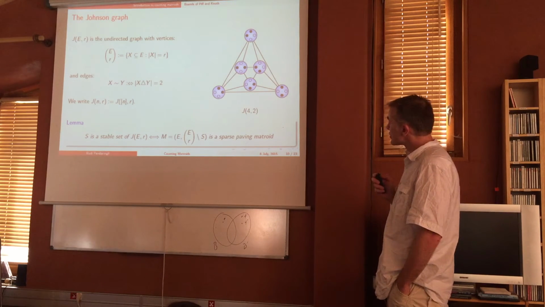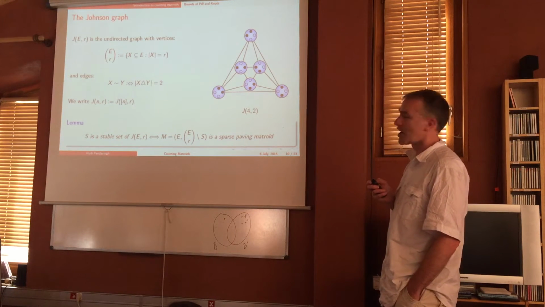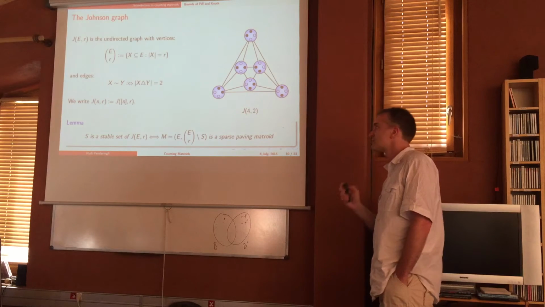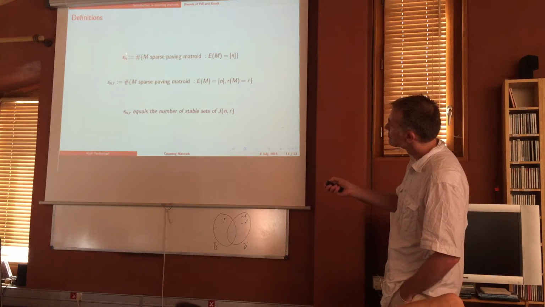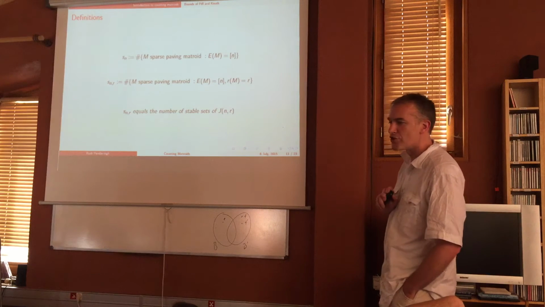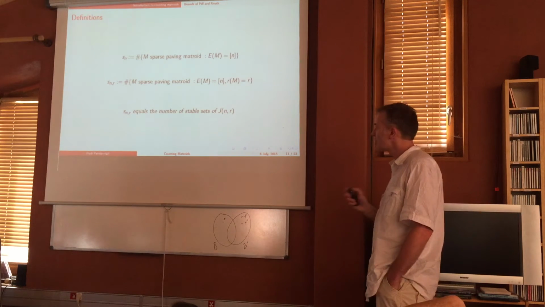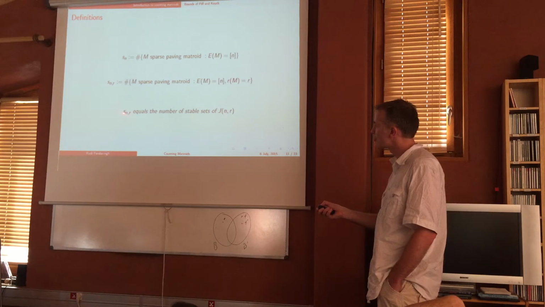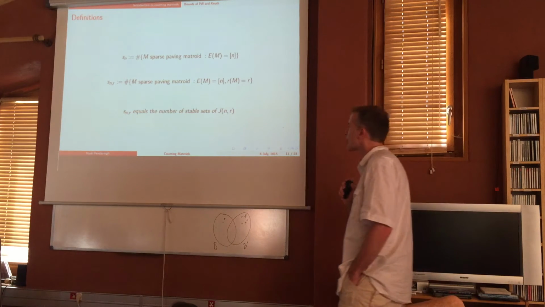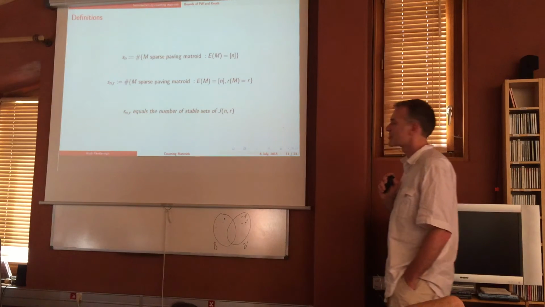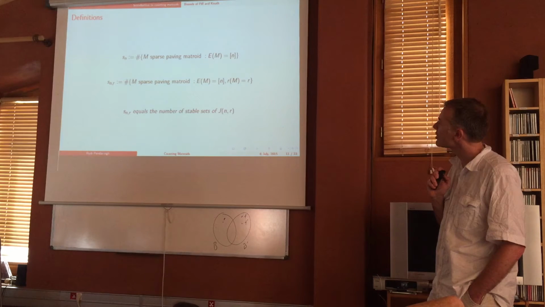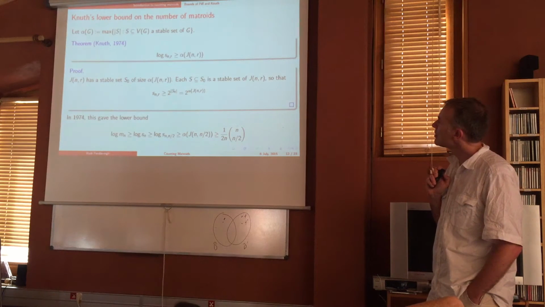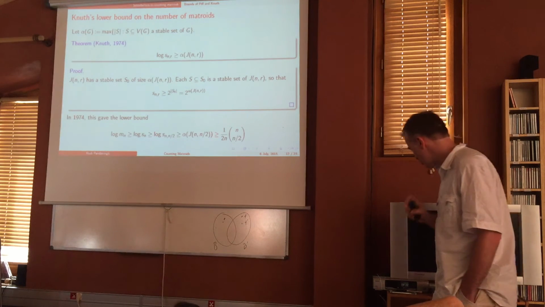So now we need a good lower bound for the number of stable sets of the Johnson graph. I give some names here to the number of stable sparse paving matroids. The number of sparse paving matroids on ground set N of rank R just equals the number of stable sets of J. So now how about this lower bound on S and R? Well, Knut had a way to make a lower bound,